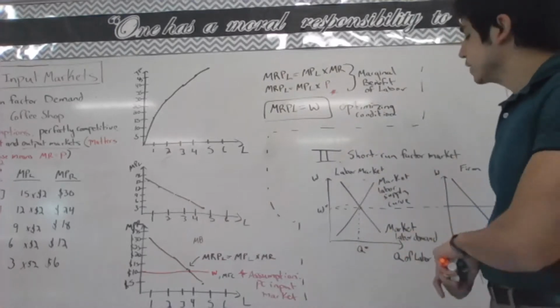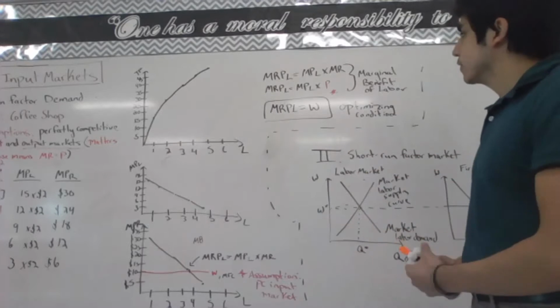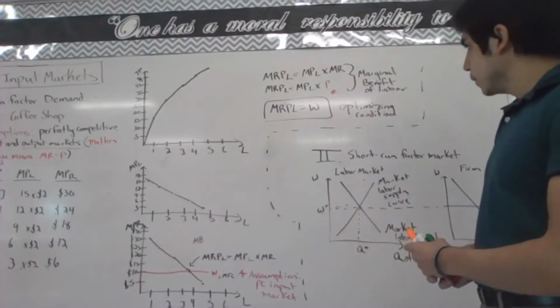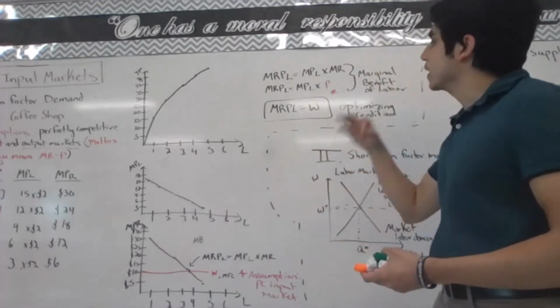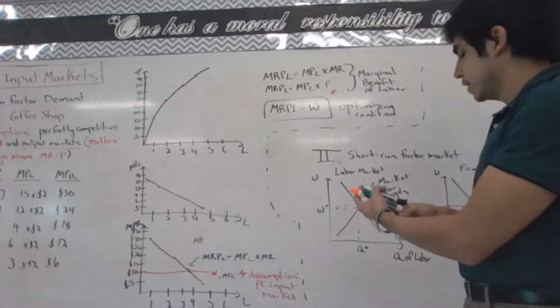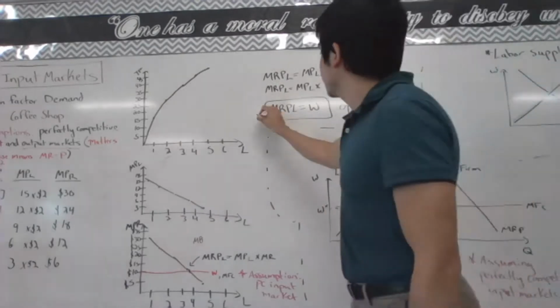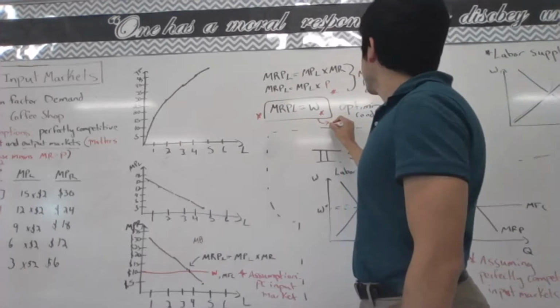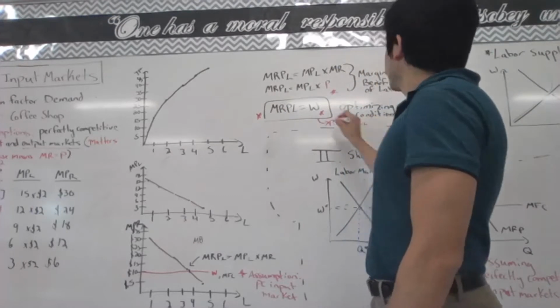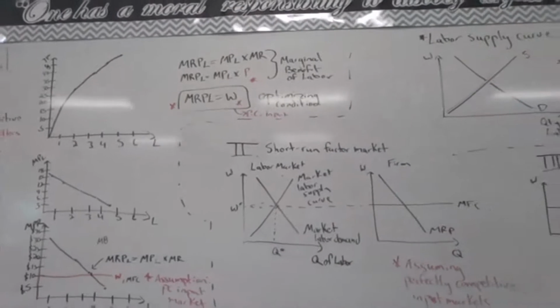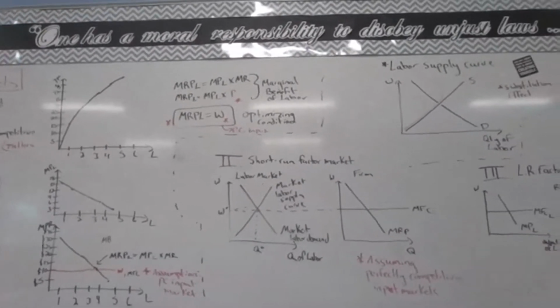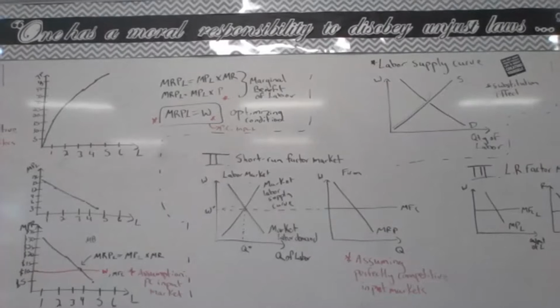And then the optimizing condition is marginal revenue product of labor equals the marginal factor cost of labor. But since the marginal factor cost of labor is just the wage, because we're assuming a perfectly competitive input market, and I should actually draw a little pink dot, because we're making an assumption right here, we're assuming a perfectly competitive input market. This is going to be the optimizing condition: the intersection of the marginal revenue product of labor and the marginal factor cost, which is just the wage, assuming a perfectly competitive input market, where a firm has no control over the wage that they can